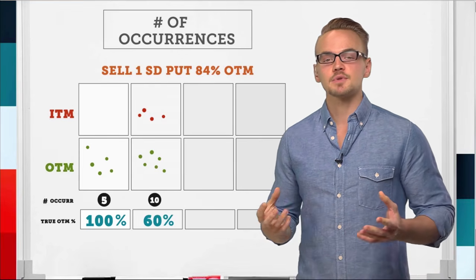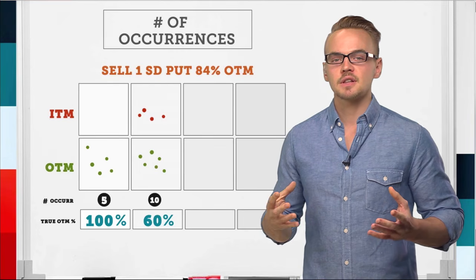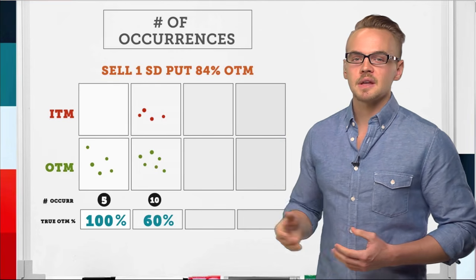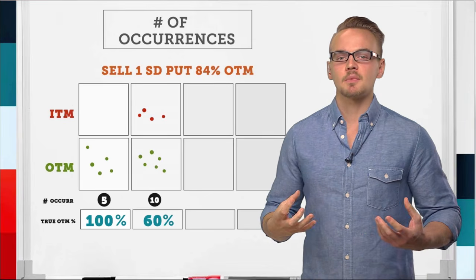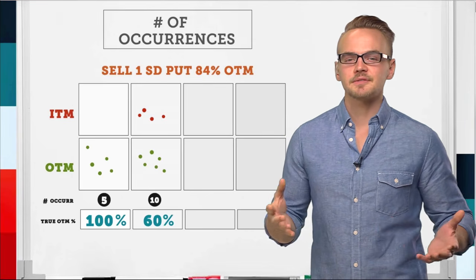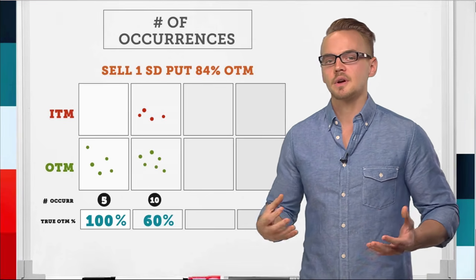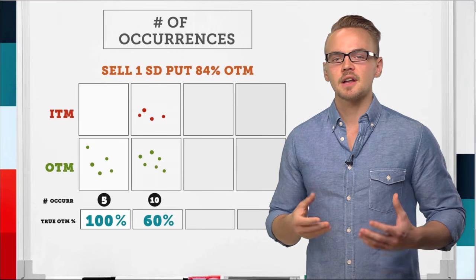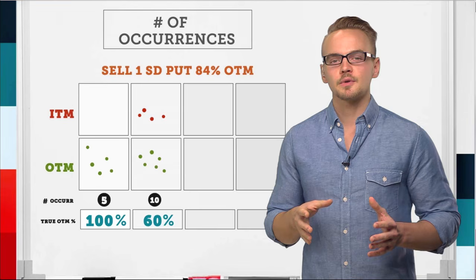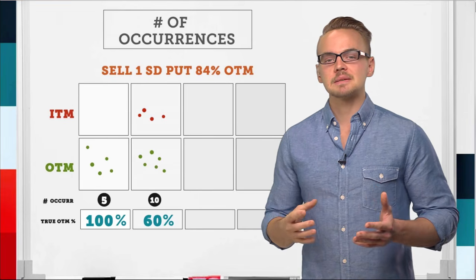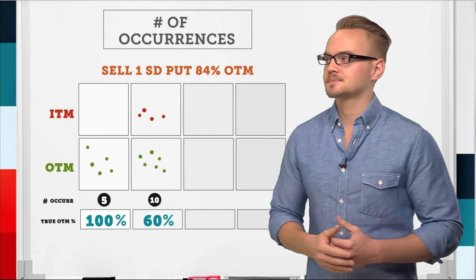So again, if I'm trading too large for my particular account, then this could have been very bad for me in the long run. So again, we're always wanting to stay small and trade less than 5% of our total portfolio. So just to give you an example, if I've got a $100,000 account, when I'm looking at the buying power reduction for the initial trade, I'm looking for that to be less than $5,000.